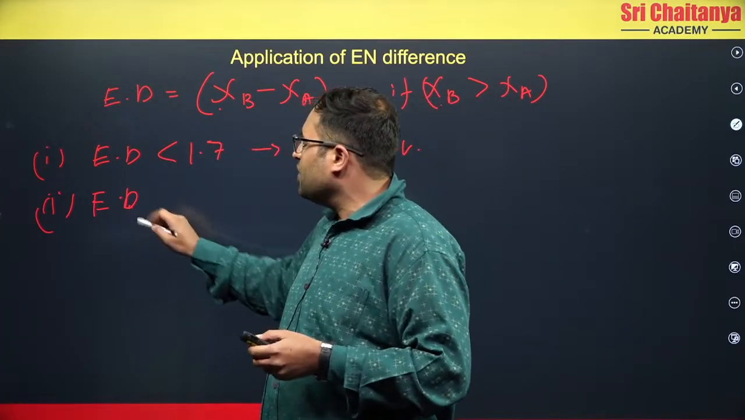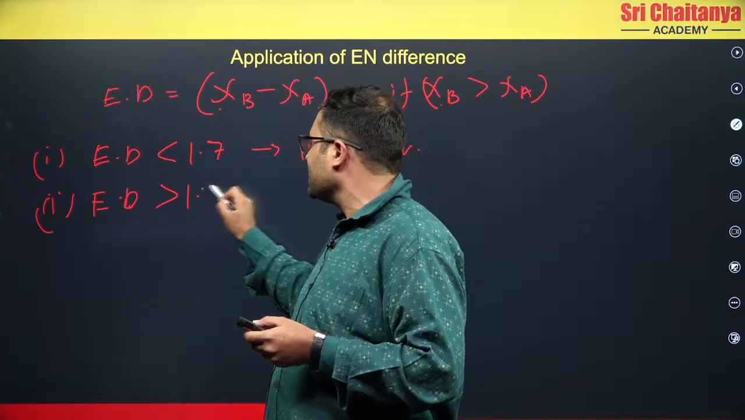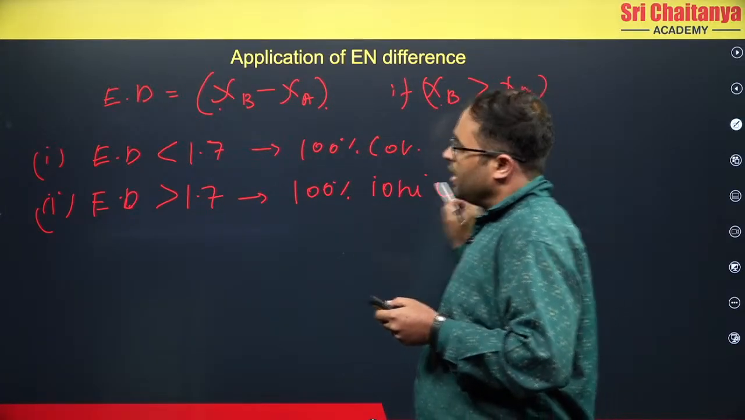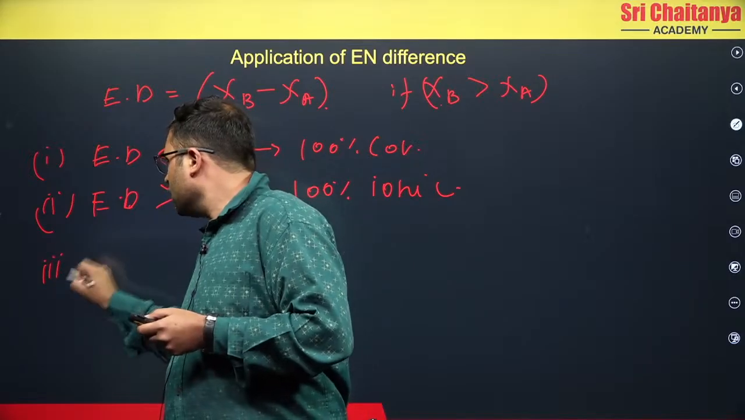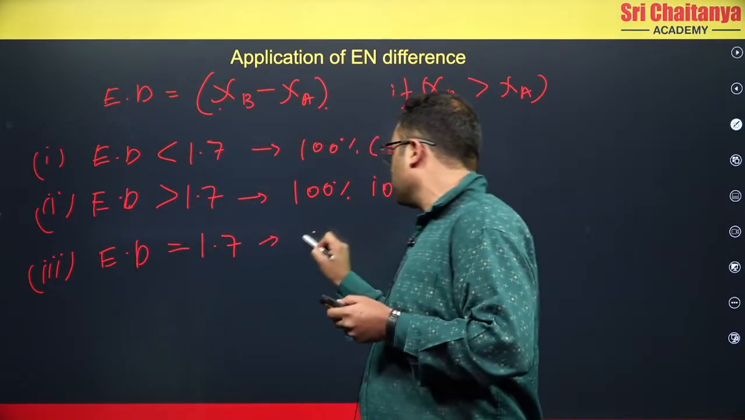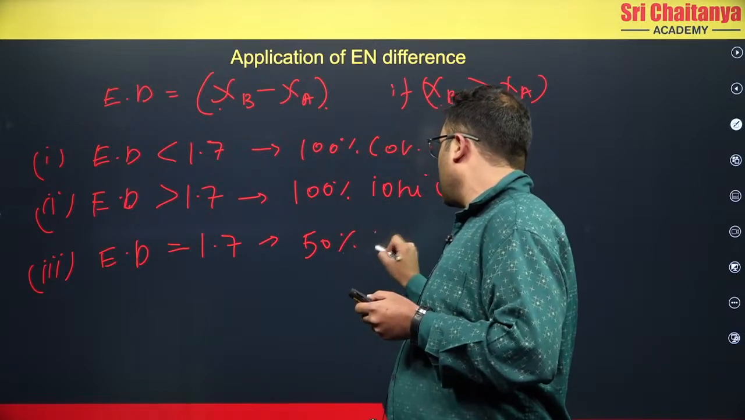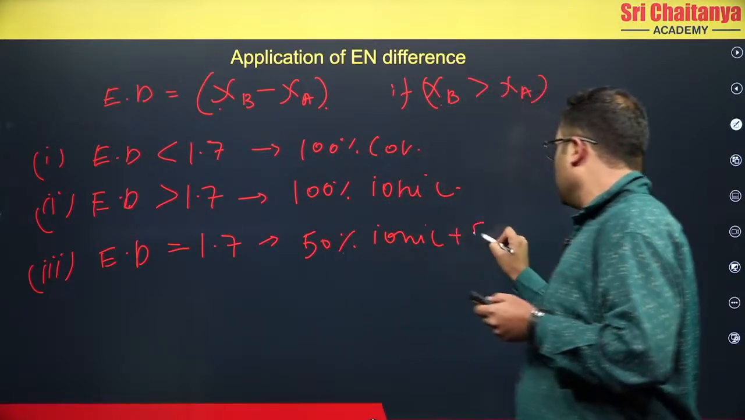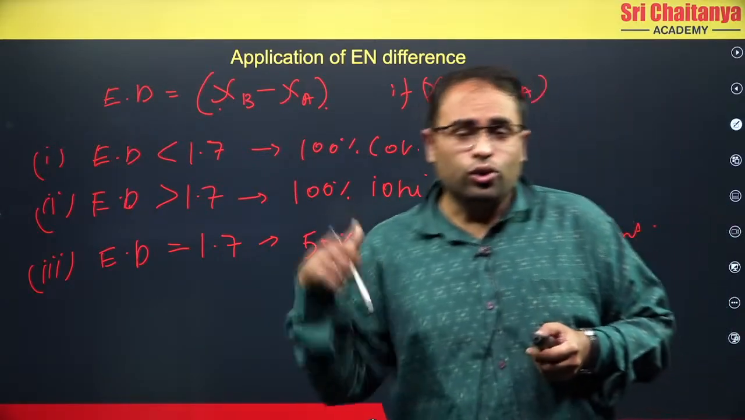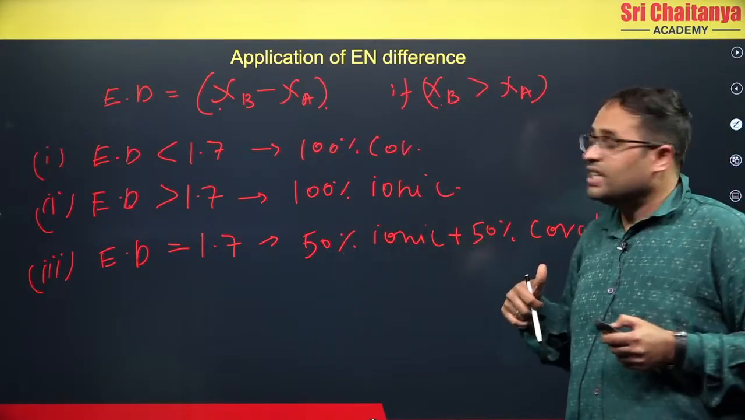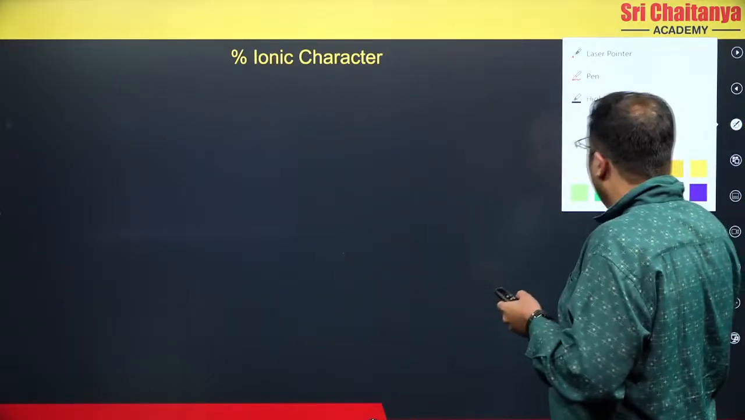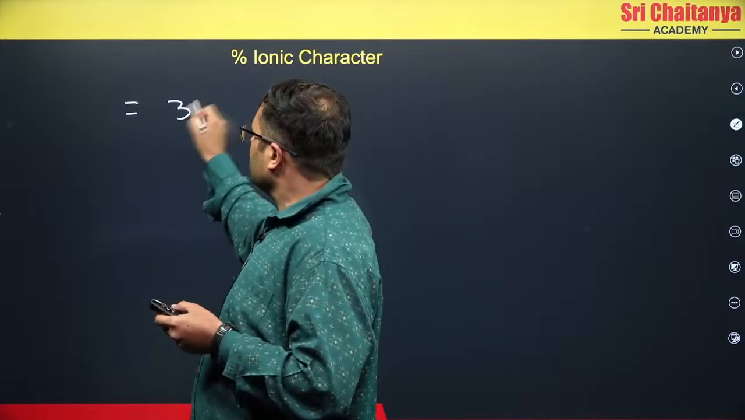Now, when the electronegativity difference is more than 1.7, the compound is 100% ionic. And third, when electronegativity difference is equal to 1.7, the compound is 50% ionic plus 50% covalent, right? Through this we can use electronegativity differences. Similarly, it is also used to find the percentage ionic character. How do we do that? There is a formula,